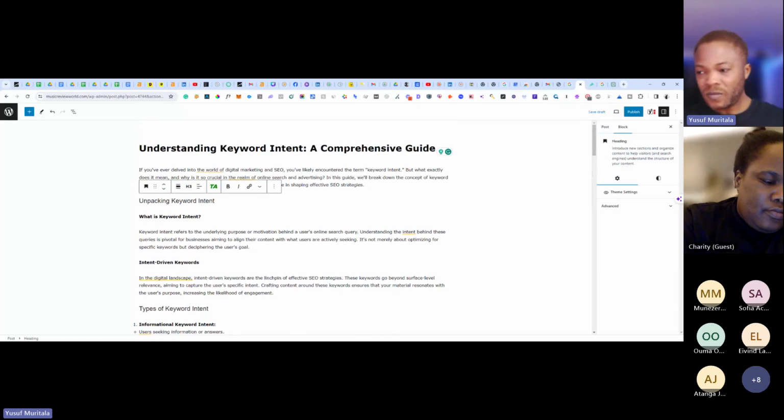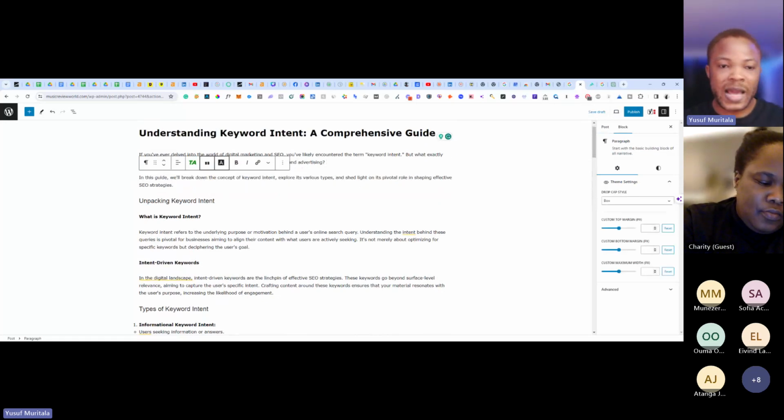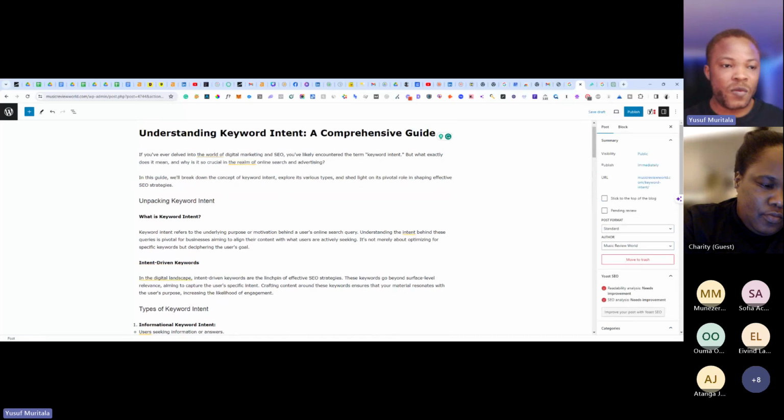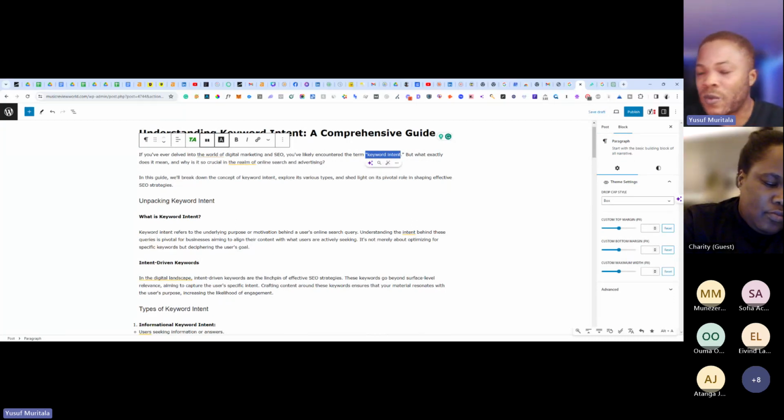So now we are going to talk about the structure overall. You can see the easy introduction that I said. You can break it down here. If you ever dealt with the world of digital marketing, you have likely encountered the term. You see, they put it right in the first paragraph, the same keyword that we want to rank for, right?